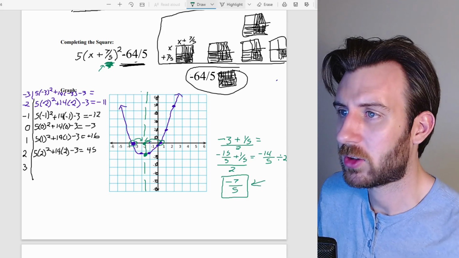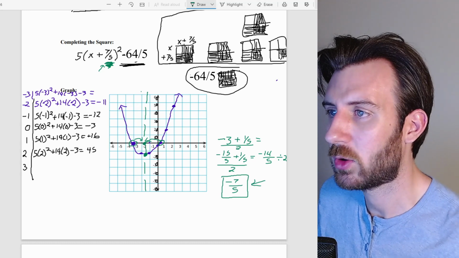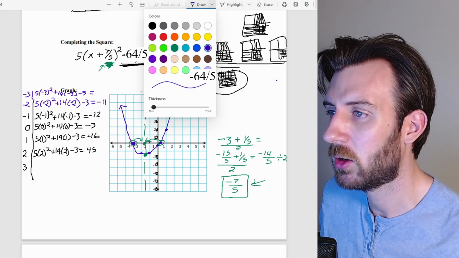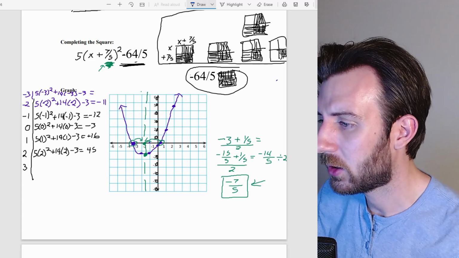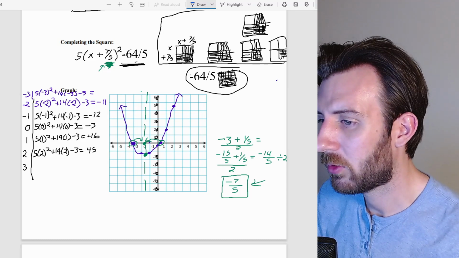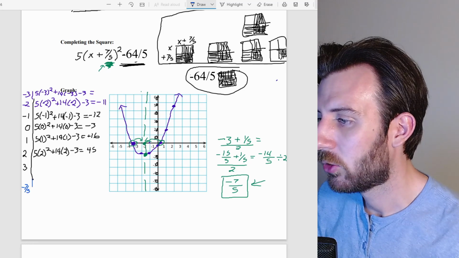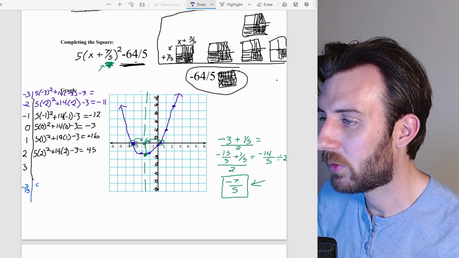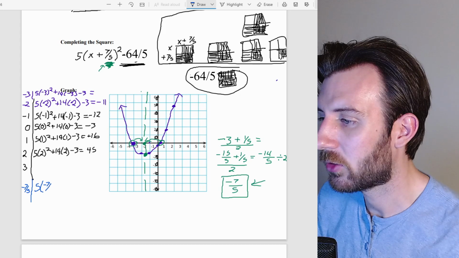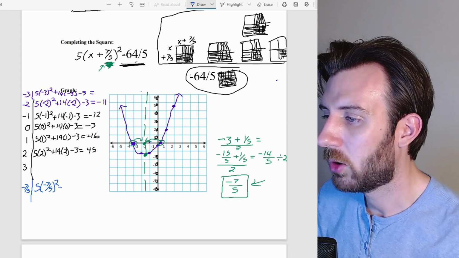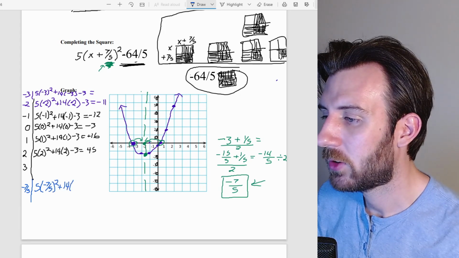So now we're going to go through. It's going to require a little bit of calculator work, but I think if we keep it as fractions, it'll be a little bit easier. So let's go through and we'll do this. In my table of values here, I'm going to try -7/5. I'm going to try to plug that in. So I've got -7/5. We're going to put that in as 5 times (-7/5) squared plus 14 times -7/5